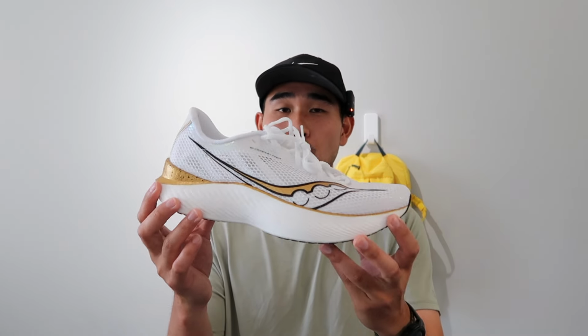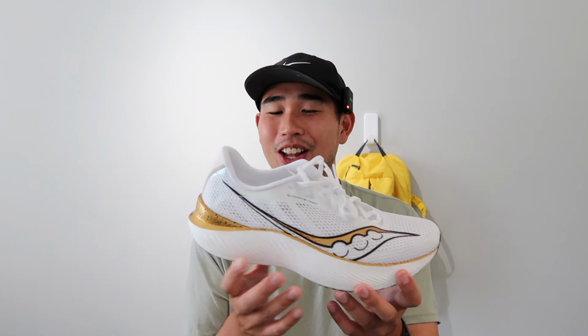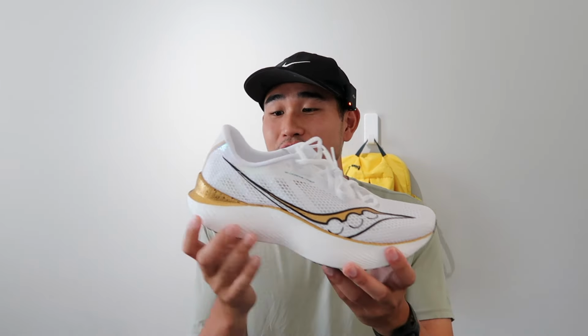And then last but not least, I've been wanting to try them out for a long time. These are the Saucony Endorphin Pro 3s in this white and gold colorway. So this is gonna be my, I guess, backup race day shoe, or possibly race shoe for the San Francisco Marathon. I love the TYR Elite Carbons, or whatever name you wanna call them, but I found these on runningwarehouse.com for $150, and this shoe,